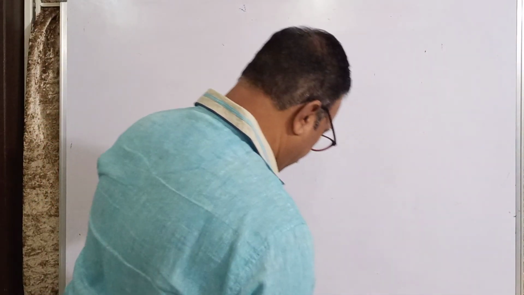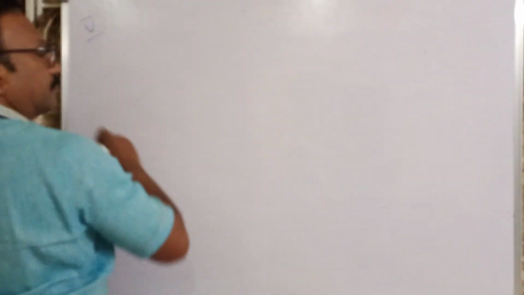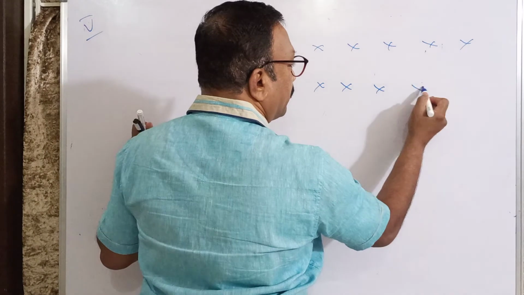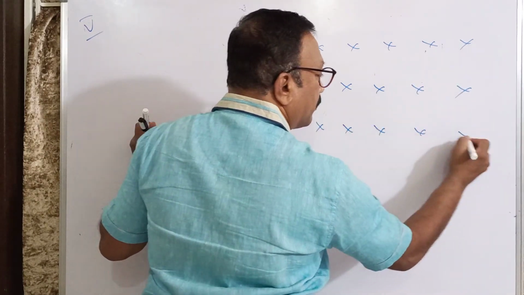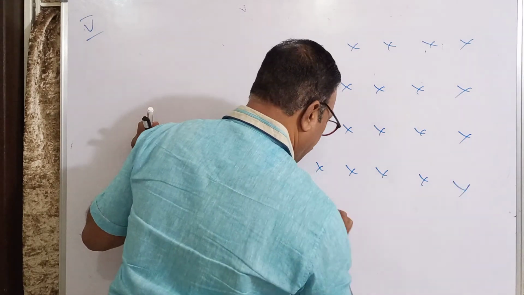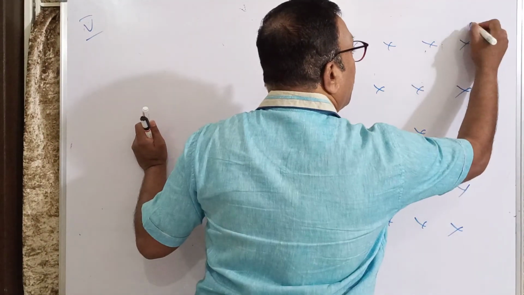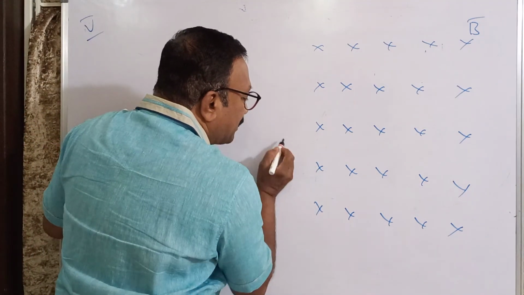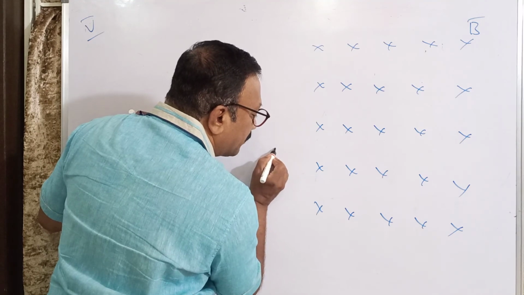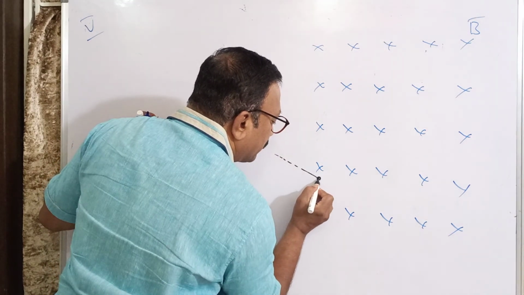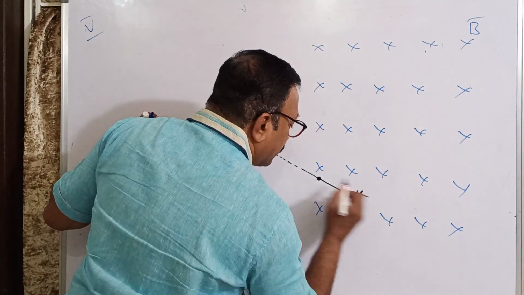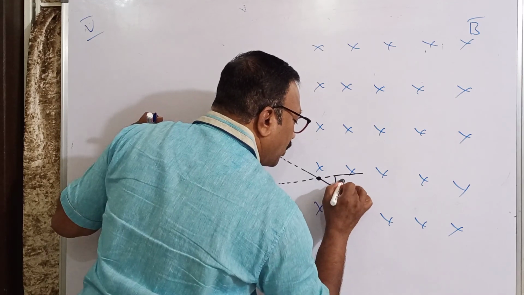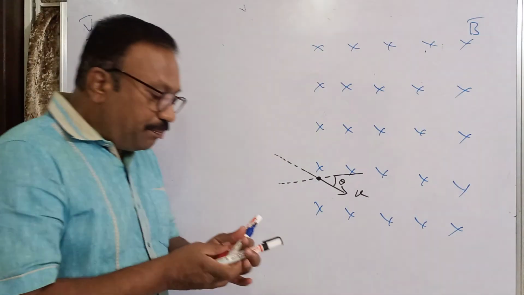Fifth case, I think. So I will be taking a magnetic field. B bar is the magnetic field. So now the particle is entering like this. Same, at an angle theta with horizontal. In the previous case, it has